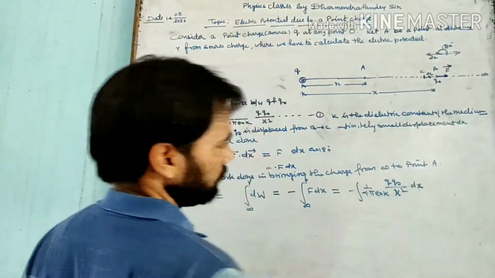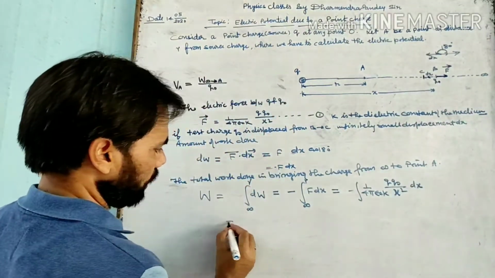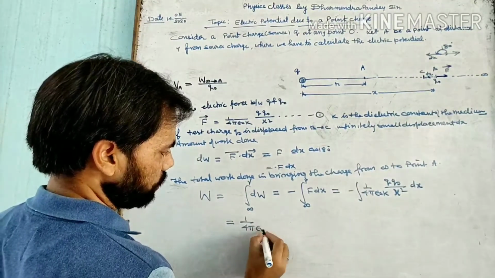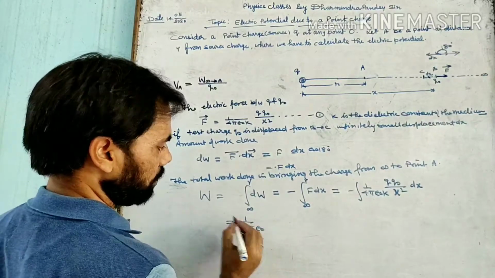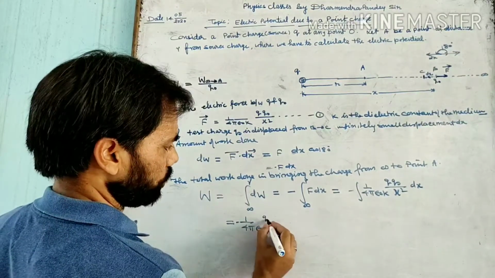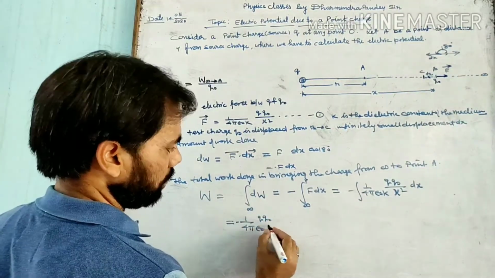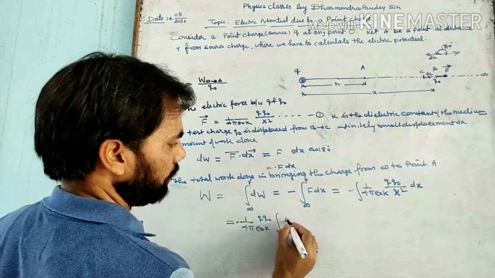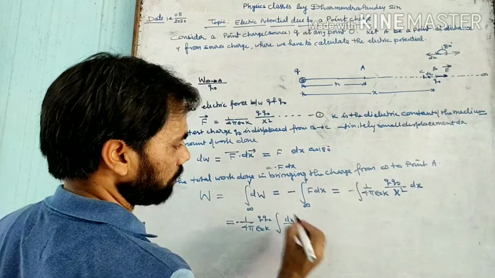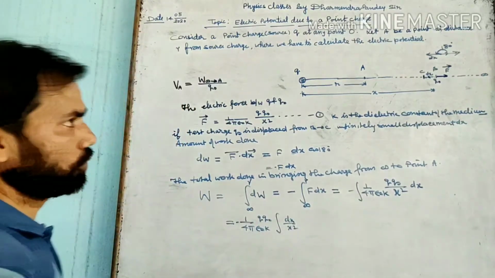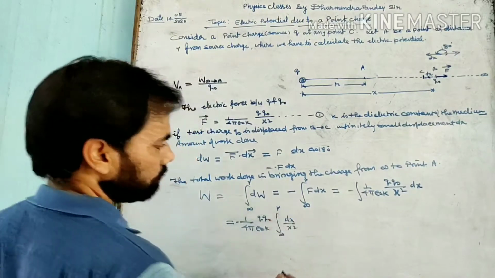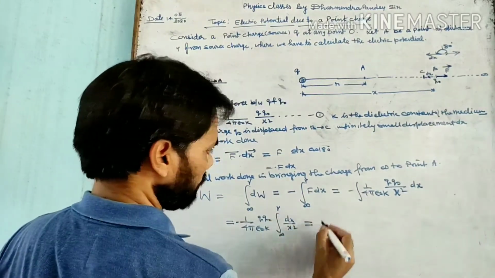All constants taken outside, and this gives us 1 upon 4 pi epsilon 0 with negative sign as well, Q0 Q, and here dx upon x square. Okay, and limit is also from infinity to R, and this can be solved as